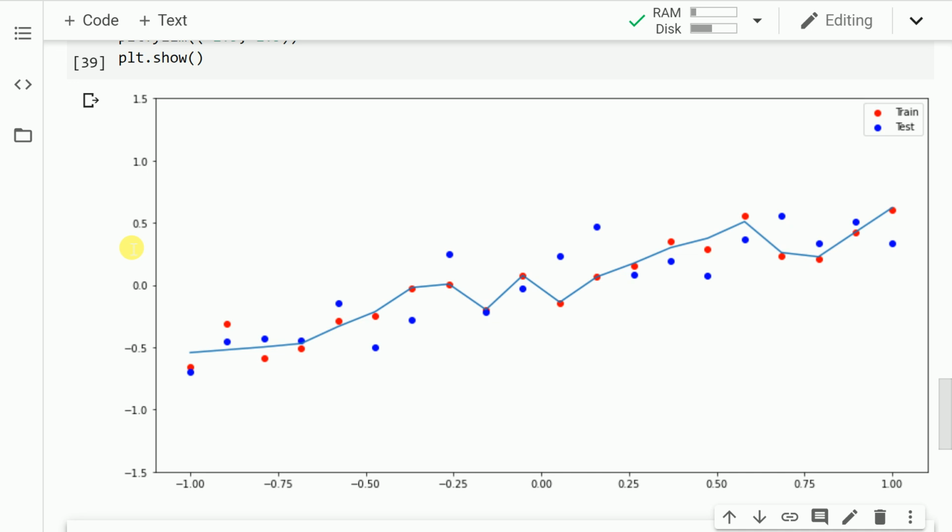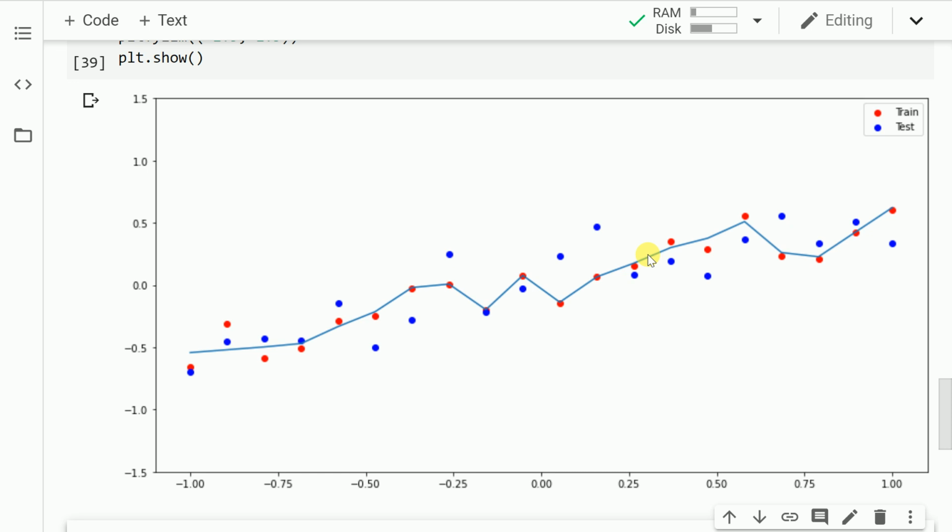The red dots denote my training dataset. As you can clearly see from the line, which is my prediction line, it is trying to closely learn the values of my training data set. That is, it is very close to the red dots which are there. That is why when you compare it to the testing values, it's still far off from these points which are there. So essentially the model that we created is accurate on the training data set, but doesn't do a great job when you consider the testing data set. So this is a clear case of overfitting that we've observed in the current scenario.